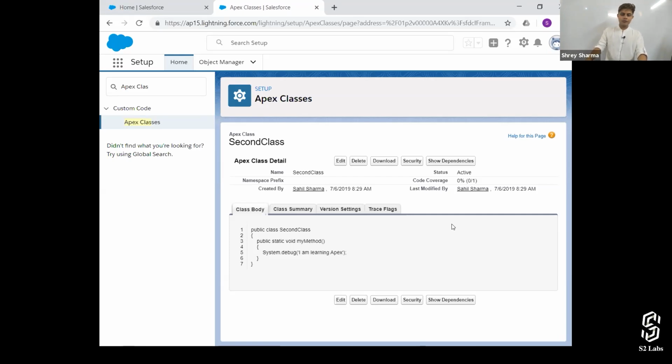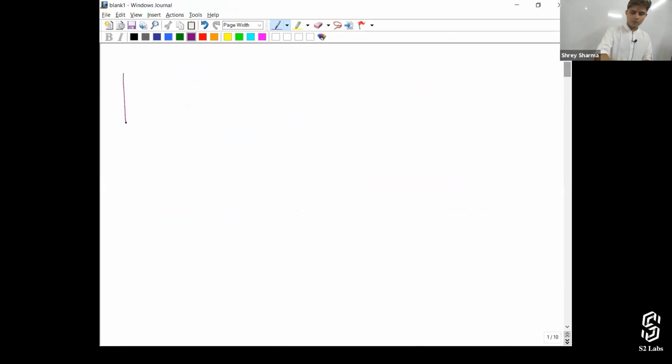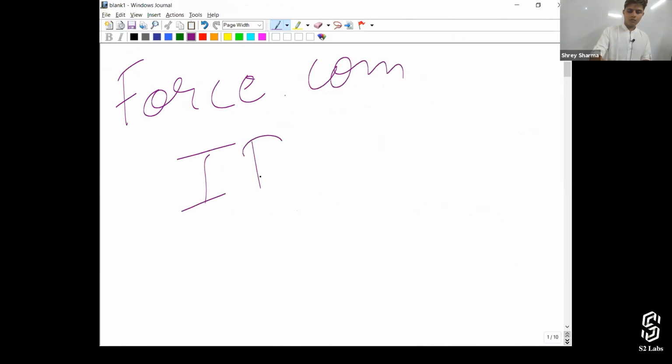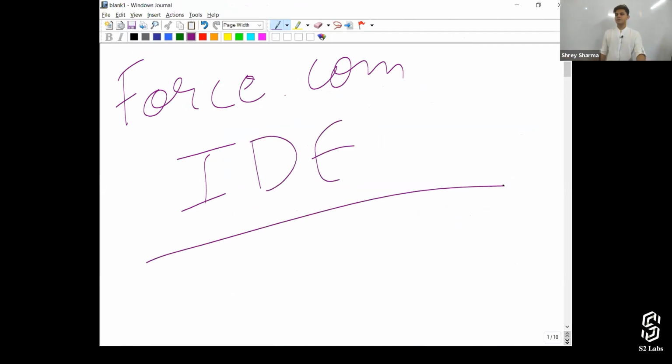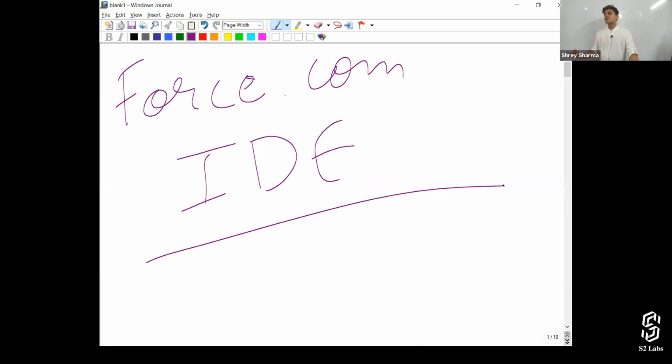With the help of Force.com IDE. So that's the third tool, Force.com IDE on Eclipse.